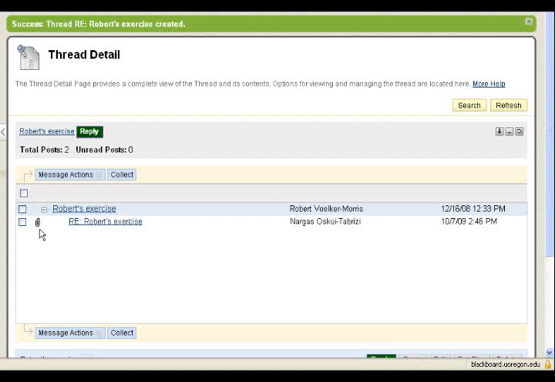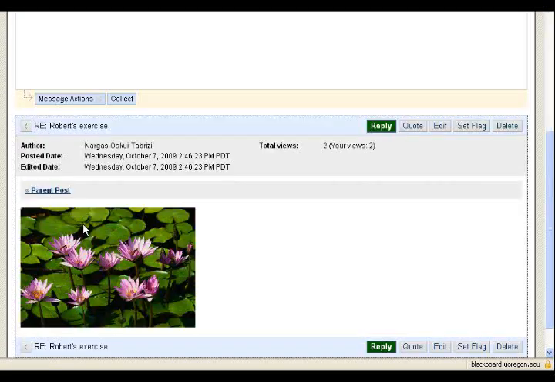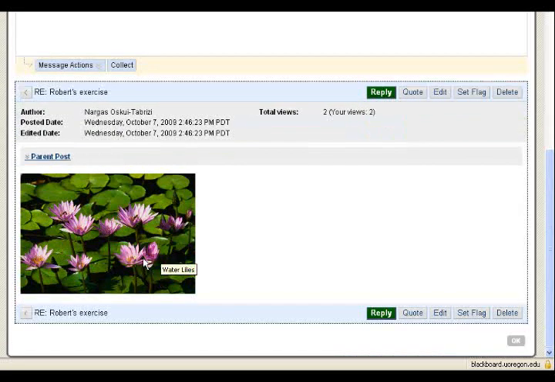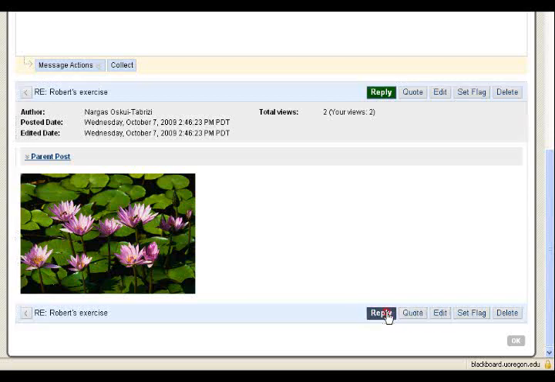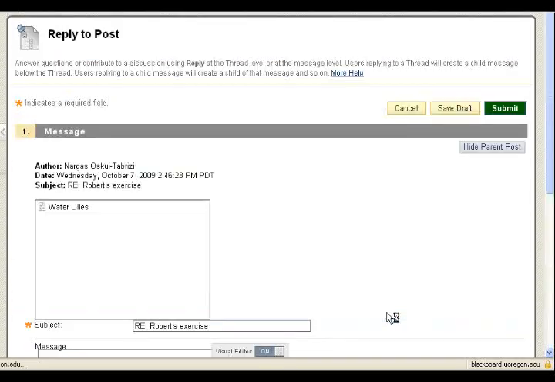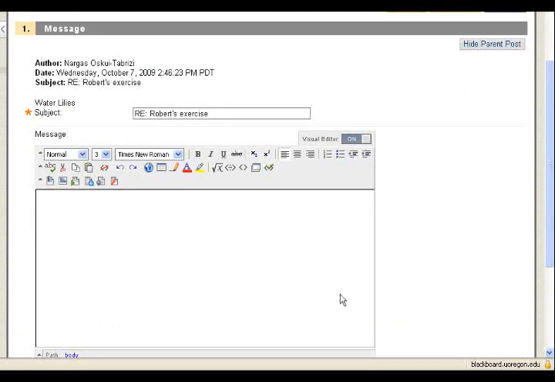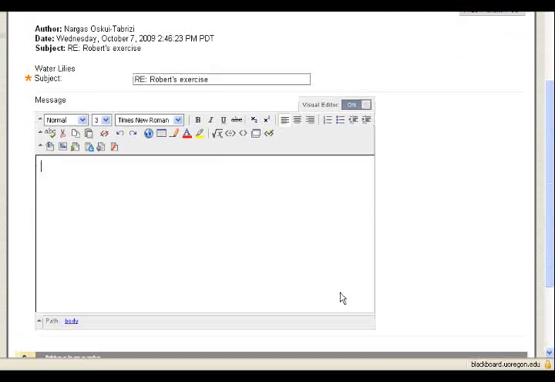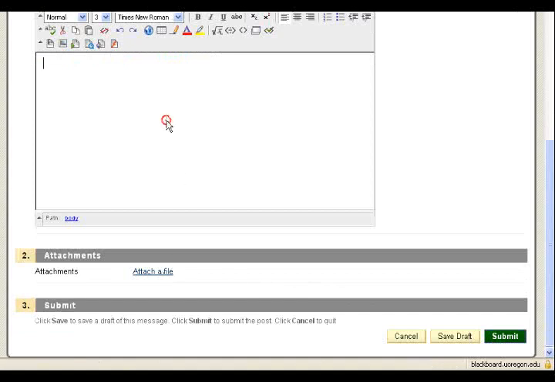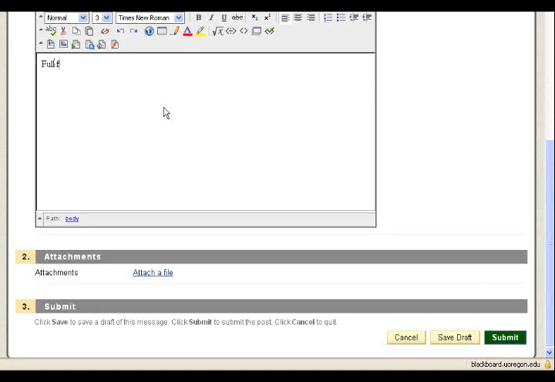And this paperclip icon indicates that there's an attachment or an image there. So there's one way of doing that. But I'm also going to make it so that users can access the full resolution image. So I'm going to reply to this, or I can edit this, but I'll reply this time. Editing gives you the option of going back and making changes to the original submission. And I'm going to now say for a full resolution